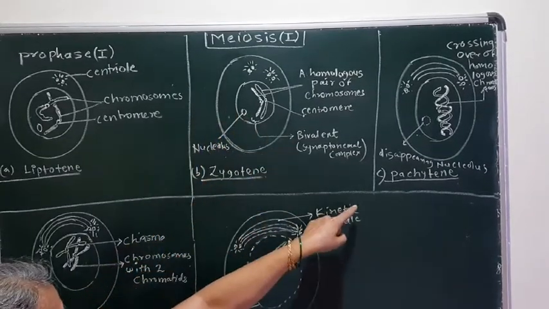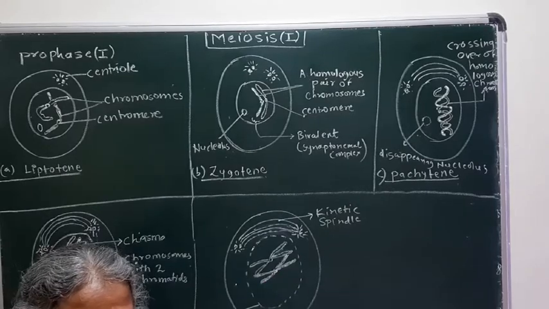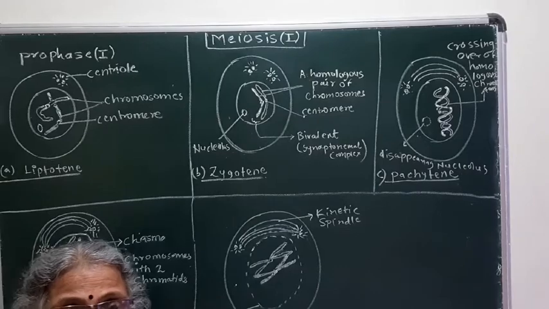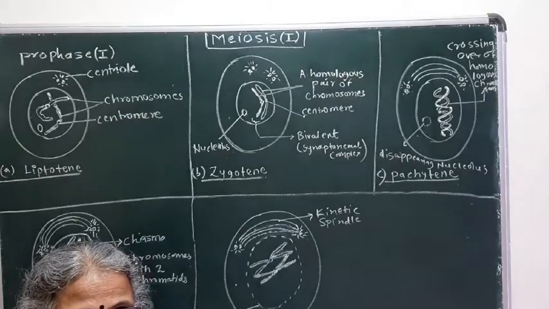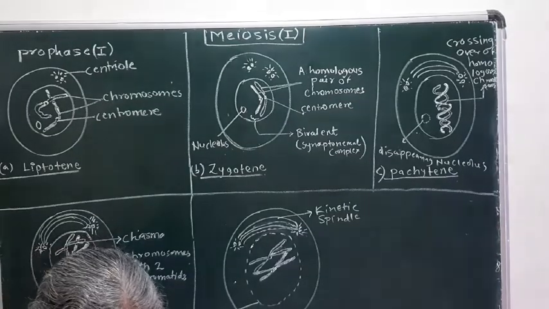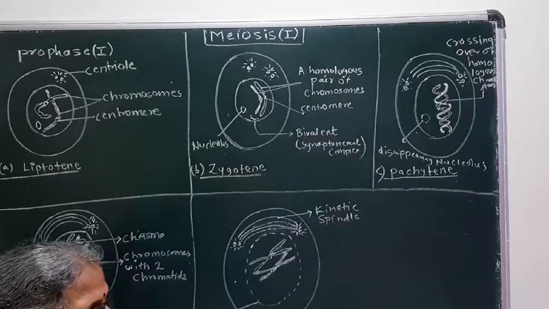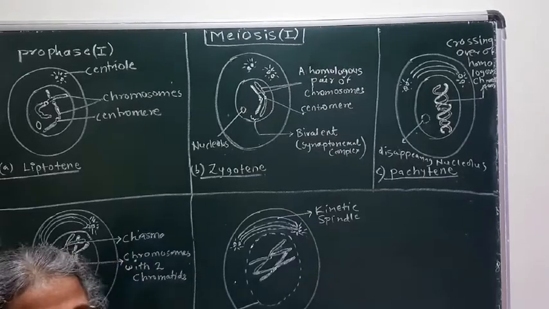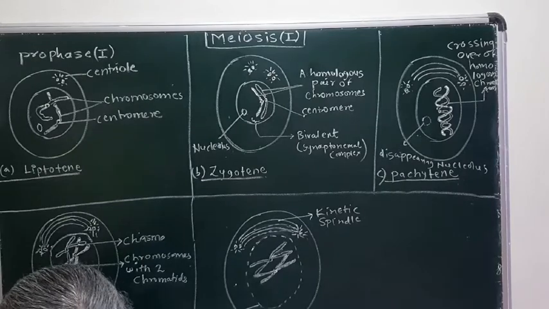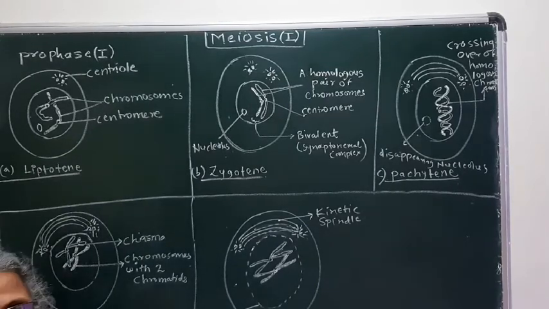After this we have done prophase 1. We have to take metaphase 1, anaphase 1, telophase 1. Then we have to consider meiosis 2, in which again we consider prophase 2, metaphase 2, anaphase 2 and telophase 2. But these are not described in detail, and now I have no space for drawing a diagram. That's why I will take it in the next lecture. But before that, we will see page number 20. Try this, they have given. The middle part I will take in the next lecture.